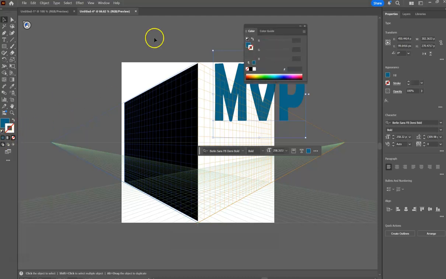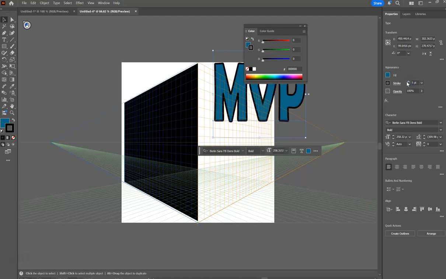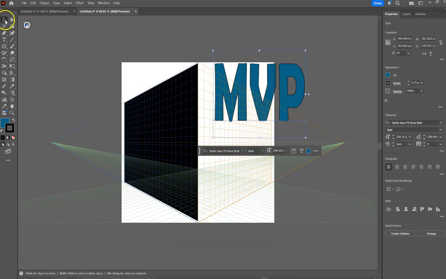So if I click on the stroke here, I can click on black, and then I can change the thickness of my stroke. I can make it thicker, I can make it thinner. I'm just going to go down to a 0.75 for this one. Okay, and once I've got that done, I click on